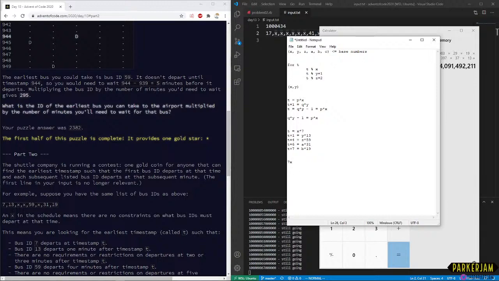So we do know that 7x equals 13y minus 1 equals 59z minus 4 equals 31a minus 6 equals 19b minus 7.